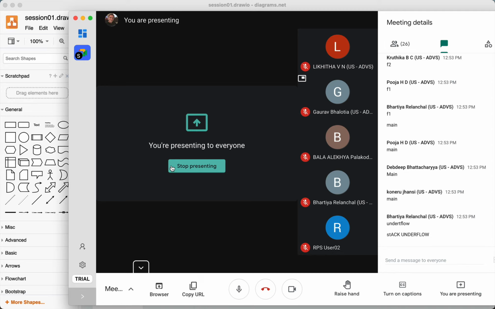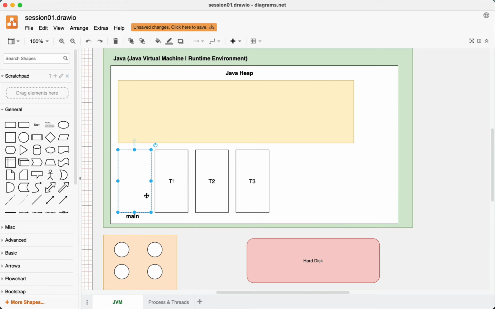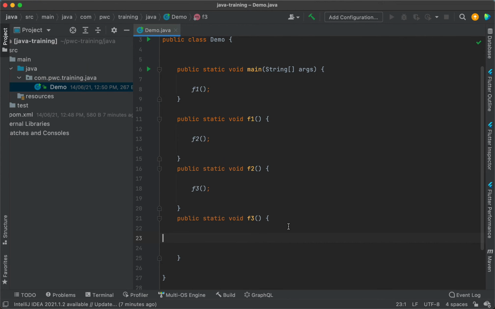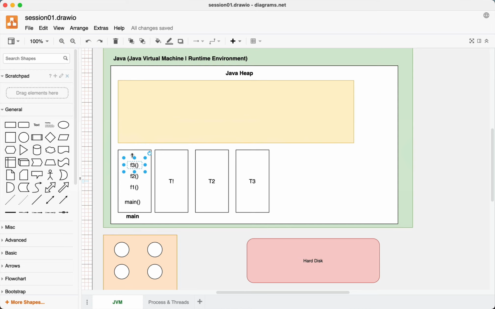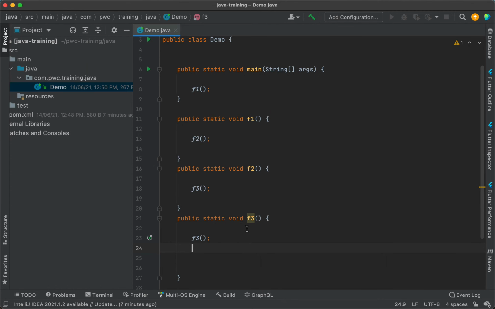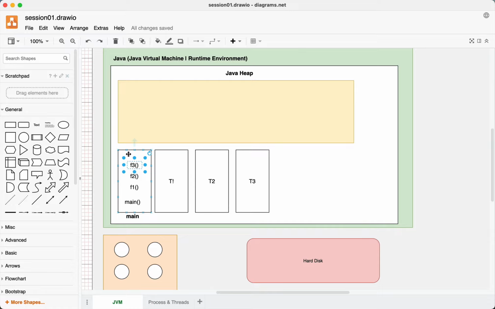No, perhaps what you're trying to say is Stack Overflow. See, when do you think Stack Overflow happens? Suppose from F3, I make a call to F3 again. And I keep doing that. What will happen? Tell me what will happen. F3 will be pushed into the stack. Again, F3 executes. F3, you're making a call to F3. Again, F3 is pushed into the stack, and you will have all F3s, and the function never ends.